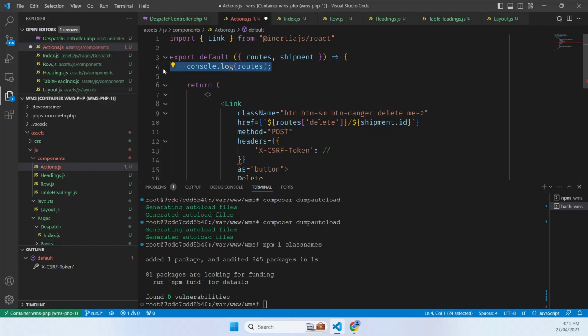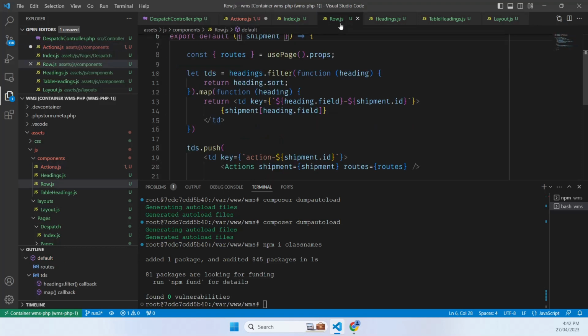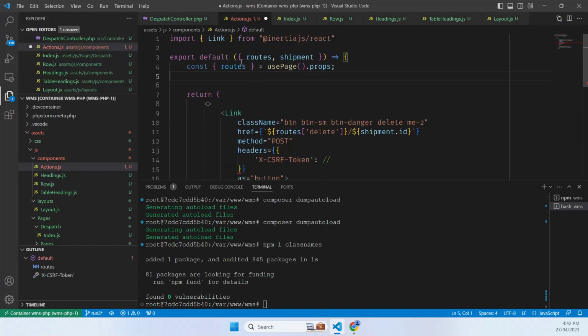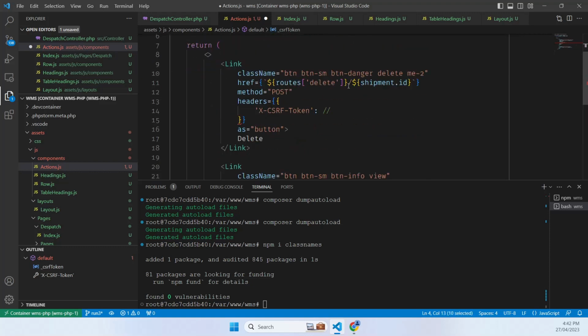We might go back to where that's specified. Is it row actions? Yeah, well, we might do it here. We can go use, and we go CSRF token, and hopefully, if I've spelt that right,